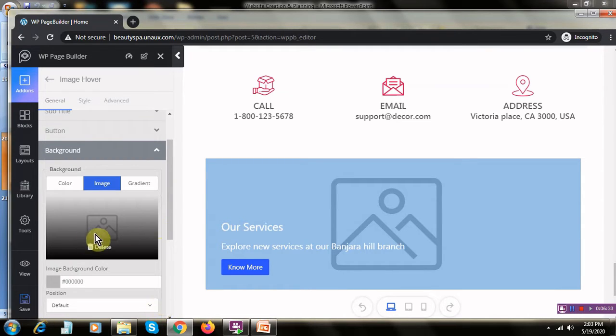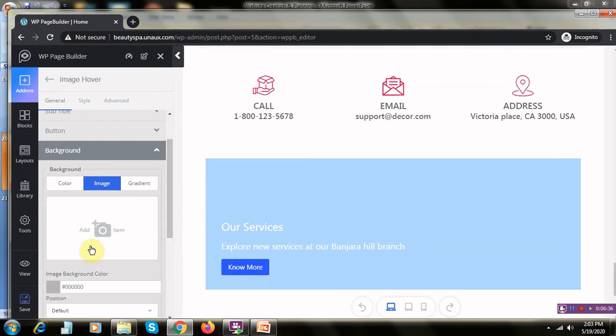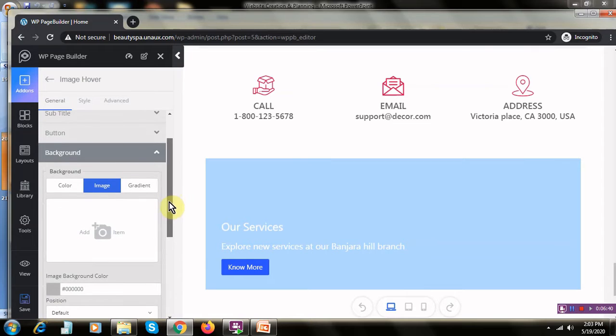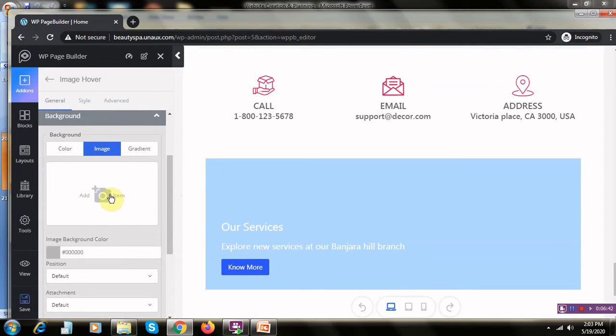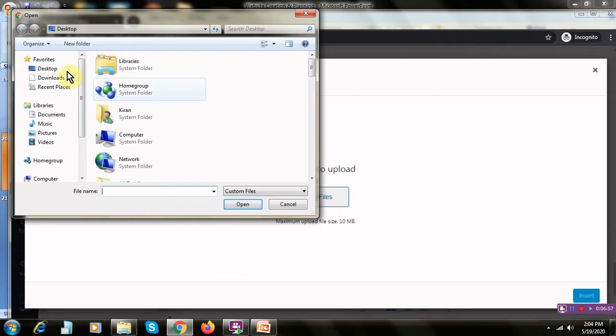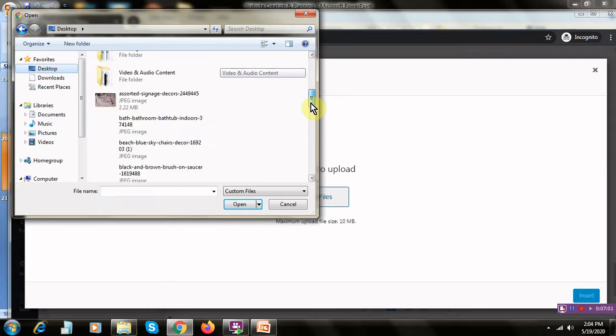Now you click on the background. Now you want to change the image, right? So click on this and change the image. If you remember that we have downloaded a few images, right? So I'll try and if I have any pictures in the library, I'll upload those pictures. If I do not have, I'll try and get it from my personal PC or from a library of the computer. So I have saved this on the desktop, if you remember.